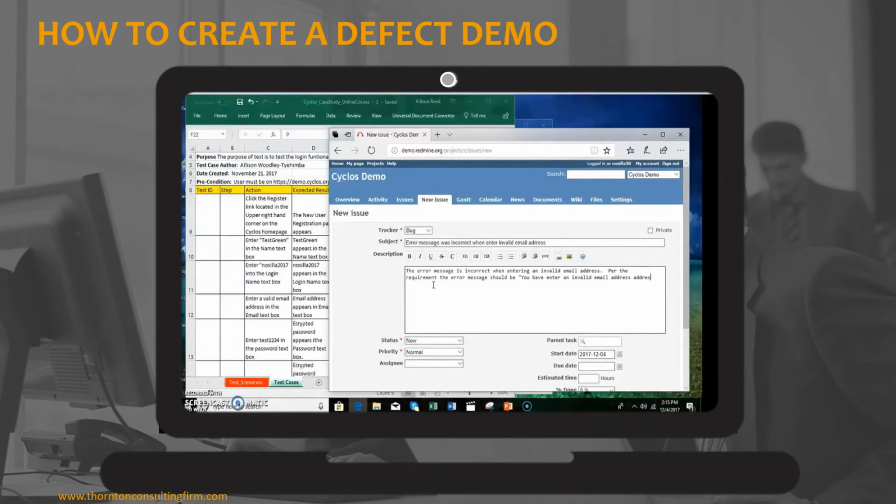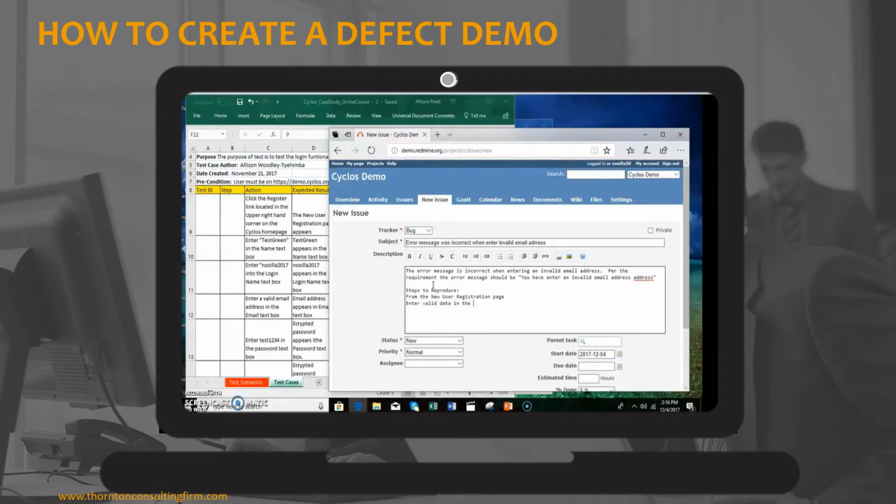So the more information you provide in the defect tracking tool, it just assists the developer greatly in finding the root cause of the problem. So here is steps to reproduce. And also, you can maybe copy the steps from the actual test case into this field. Sometimes it's quicker and easier to just copy the steps instead of typing everything yourself. But we'll just take a few more seconds here so you can see exactly what I did, and that was just entering all of the steps. And as I'm doing that,